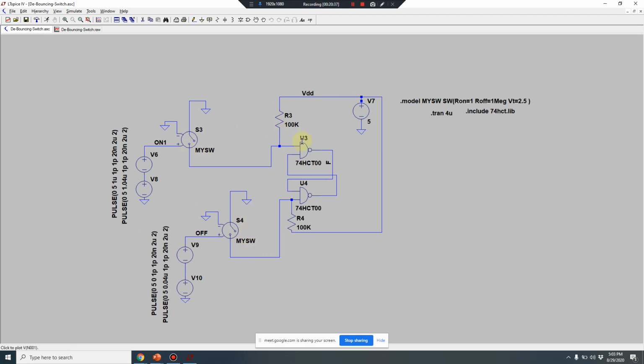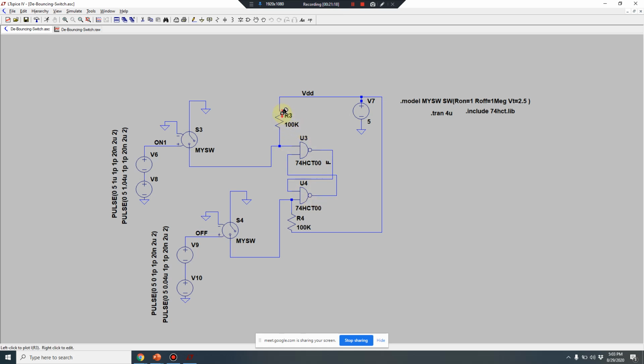Why is it so? If I have to make this go to 0, I have to give a ground here. If I give a ground here, then it will become 0 and the other side will become high. But after that, if I remove that ground also, it will still remain high, because the moment I give ground here, I will have a 1 here. That 1 will be fed here, and I'll get a 0 from here, and that 0 will be available here. And this 0 is not dependent on this switch. So this will continue to remain on. So the very first time it makes a contact, I have one more path which will set the other terminal also to 0, and it will continue to remain at 0.